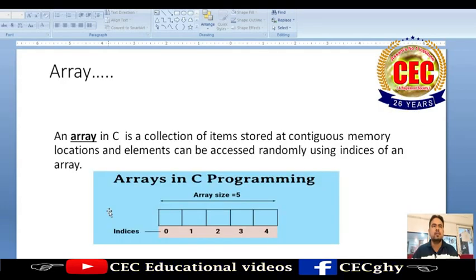An array is a collection of items stored in continuous memory locations, and elements can be accessed randomly using the indices of an array. So in this picture you can see that there are 5 slots here. That is the reason it is telling that the array size is 5, and the numbers below, 0 1 2 3 4,